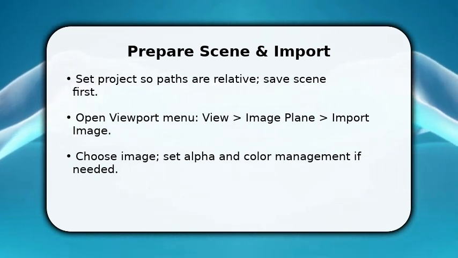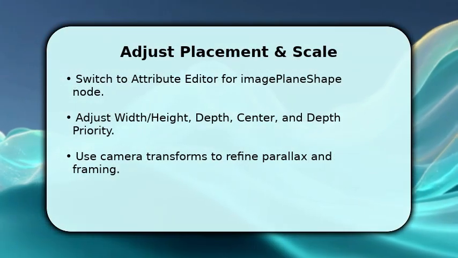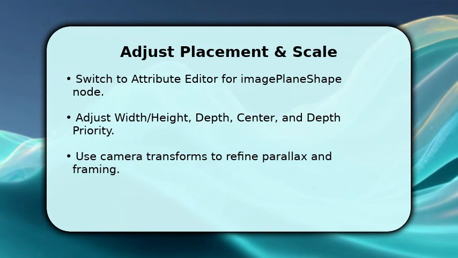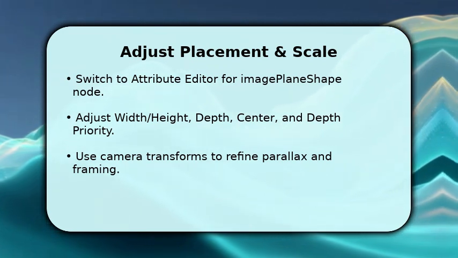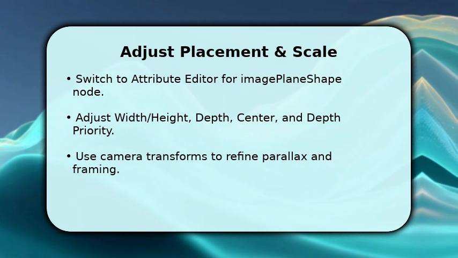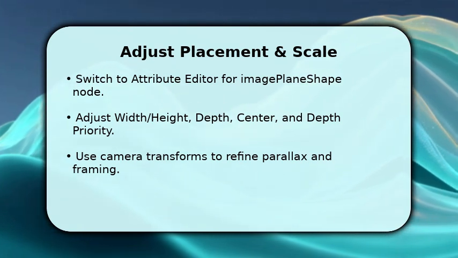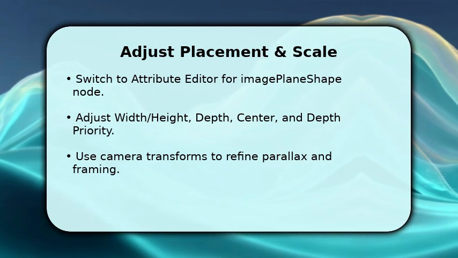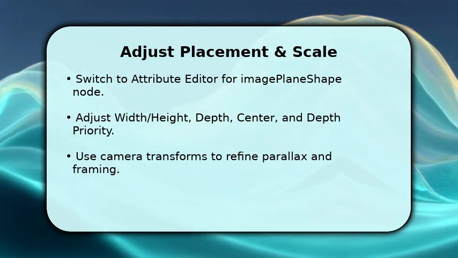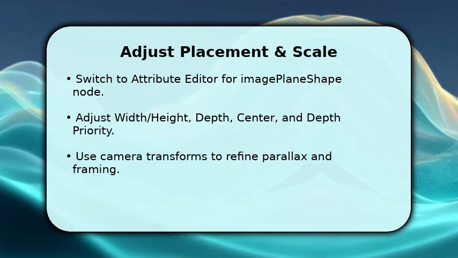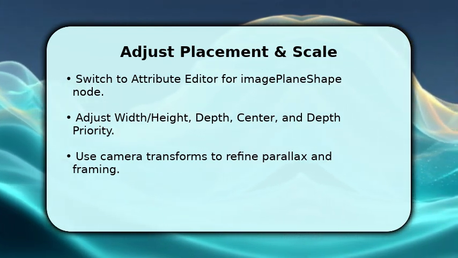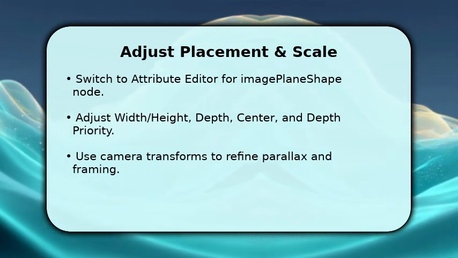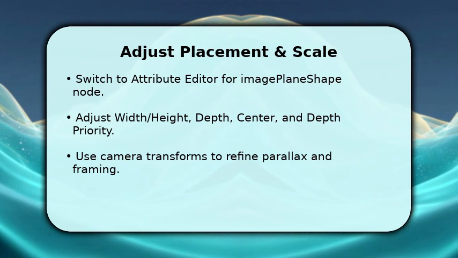Next, you refine placement by selecting the Image Plane Shape node in the Attribute Editor. This lets you control width, height, and center offset numerically for precise alignment. You should also adjust the depth and depth priority to push the plane behind or in front of geometry. This affects occlusion and interaction with other objects. Then, use Camera Translate/Rotate or Lock Transforms to refine framing and parallax. These steps create correct perspective relationships and prevent the image from